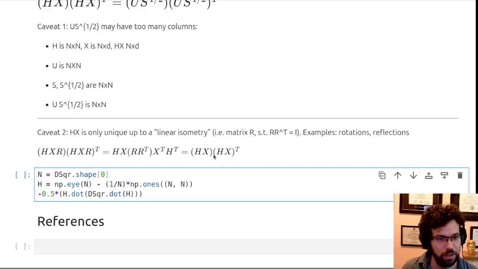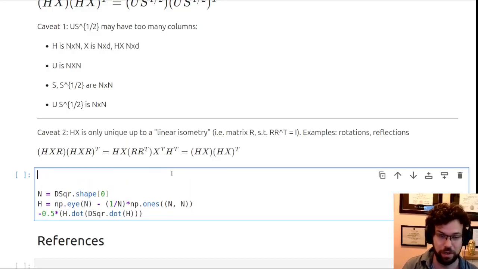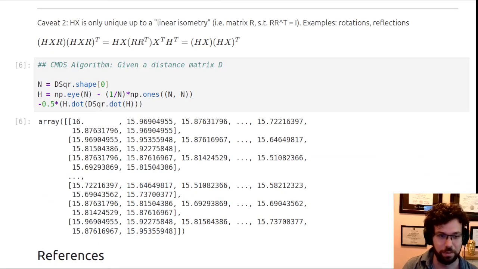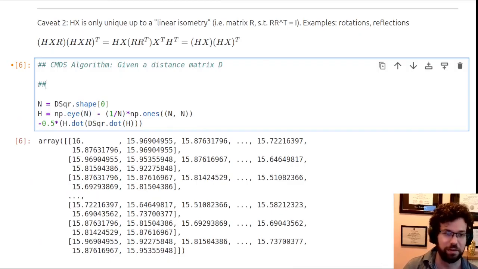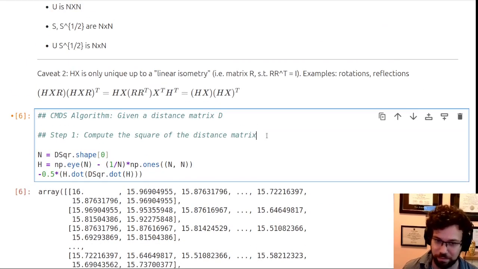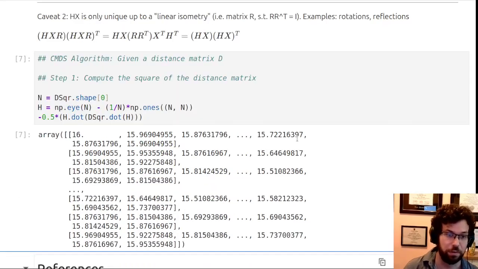All right, but neither of these are deal breakers. And so let's just proceed. We have enough for an algorithm now. So here it is. I'll write it in comments here. So the CMDS algorithm. Given a distance matrix, D, here are the following steps. Step 1. Whoops, I accidentally hit enter there. Step 1 is compute the square of the distance matrix. Now we already have that, but we're not always going to have that. Sometimes we'll be given some other distance matrix that came from something else, and we've got to remember to square it first. That's important. Step 2 is compute